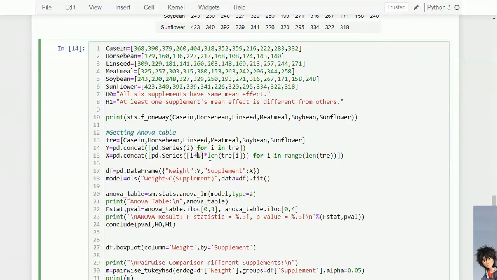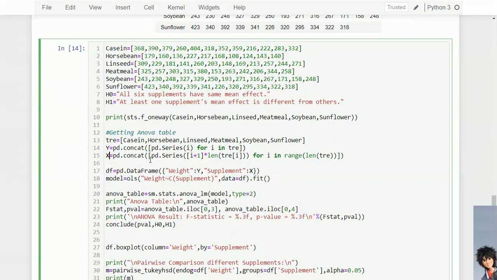Here I have used i plus 1 for i in range of the treatments. We have 6 treatments here, so whatever the length of casein is, we will get that here. 1 for casein, 2 for horsebean, likewise 6 for sunflower. So now we have y and x.